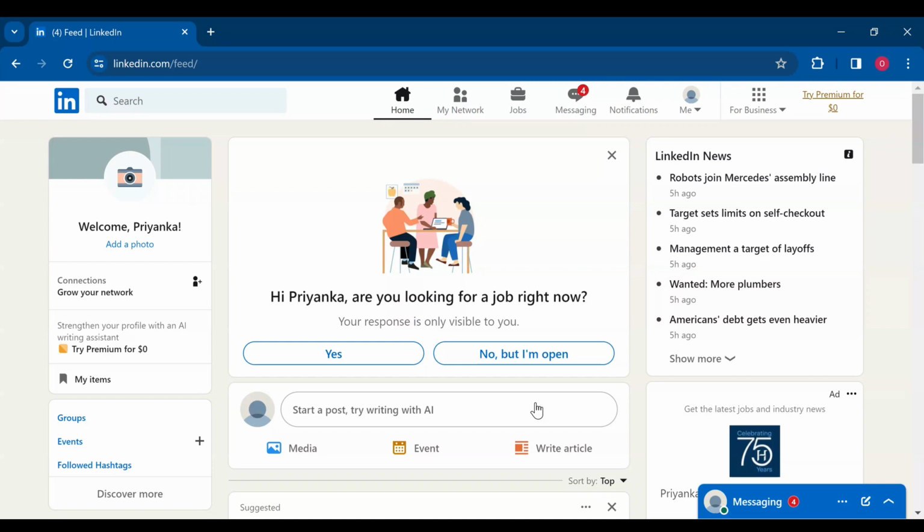LinkedIn privacy and security. I know as professionals, we all use LinkedIn for different purposes. Some use LinkedIn to network, some use it to look for job opportunities. But then